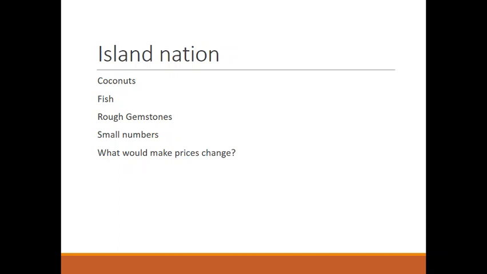Obviously there's lots of things you could be doing, but we'll just keep it very simple, just a couple of commodities. And we can imagine, okay, given a certain amount of coconuts and a certain amount of fish and a certain amount of gemstones, if everything stays constant, that the price should stay roughly constant. I mean, that's a conjecture rather than something we can prove empirically given this small setup, but at least we can appeal to logic to say that it just makes sense that these prices should be roughly stable since everything is stable. So then the last line there is a reasonable follow-up question. So what would make prices change?